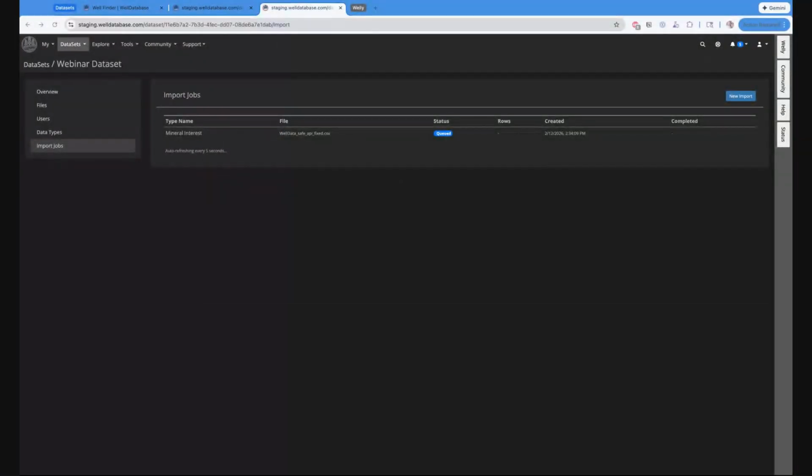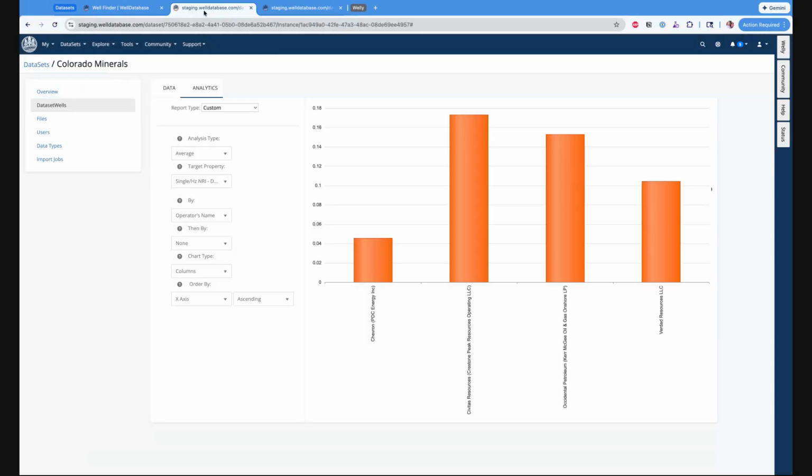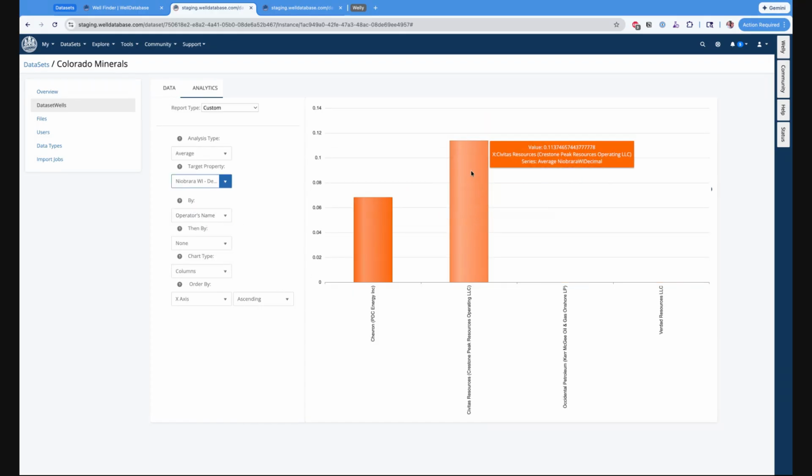So let's hop back over here. Because this is a quick demo and I don't want to sit here and wait and see what happens, I am going to look in my data set, and I've loaded this data set into this Colorado Minerals project. The first thing you see here is that right within the data set itself, you can do some quick charting. I just quickly said, what's my NRI by operator? I can say what my Niobrara working interest by operator is going to be, and it'll break all these things down. So again, this is just a cute way of visualizing some of the data, but the real magic happens